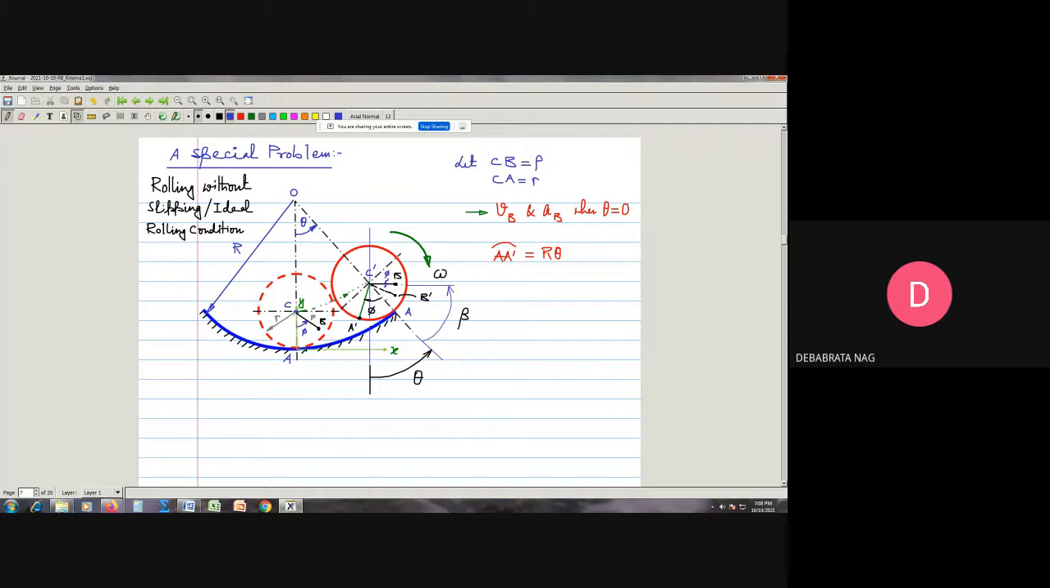That means this angle of rotation, what I try to say is this angle, the angle A C dash A dash. We suppose that this angle A C dash A dash, let this be equal to phi. Now,